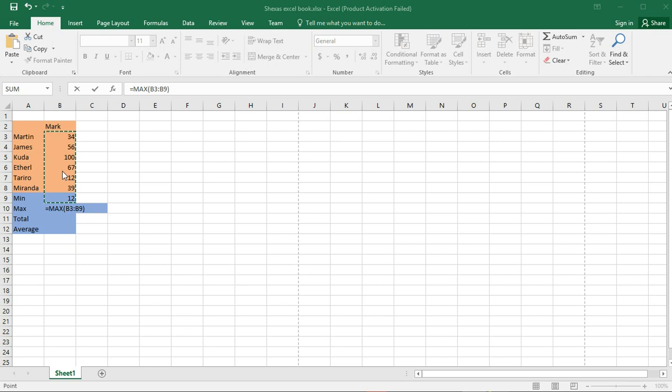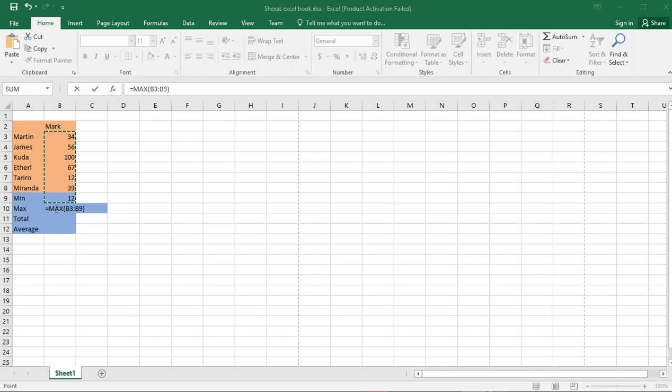Right, what I was saying is this. Whenever you are typing a formula, you must start with an equal sign, then the command follows and its arguments also follow. So here we are saying